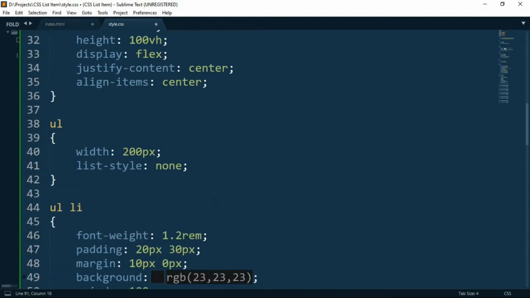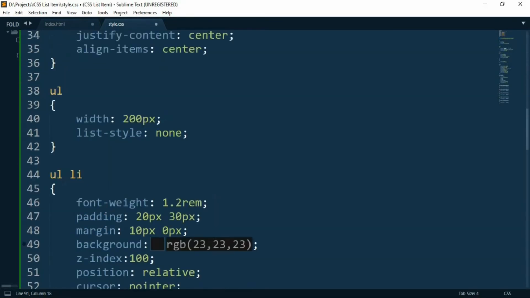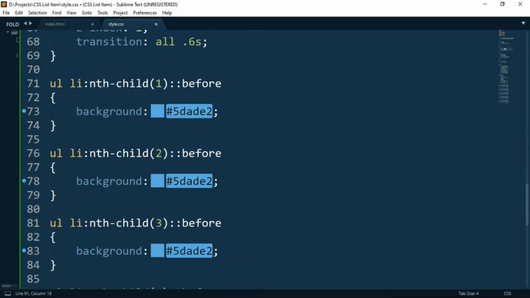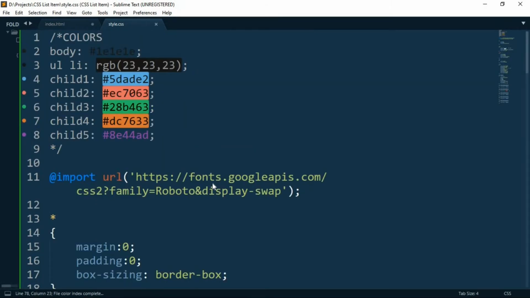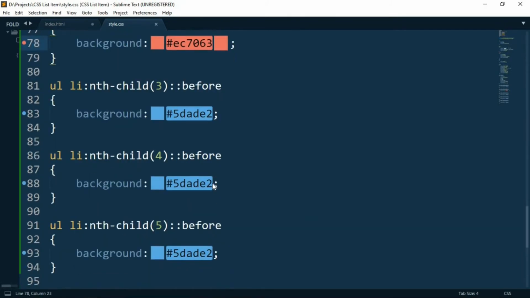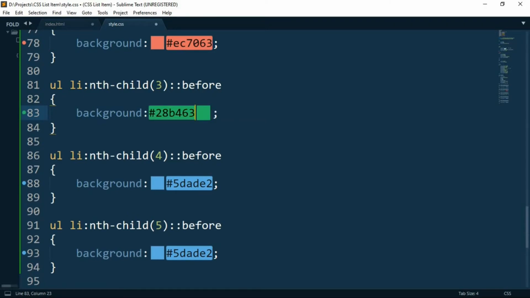Okay, and now just change the colors. So the second color is EC7063. Okay, now the third color is 28B463, so change it to 28B463.